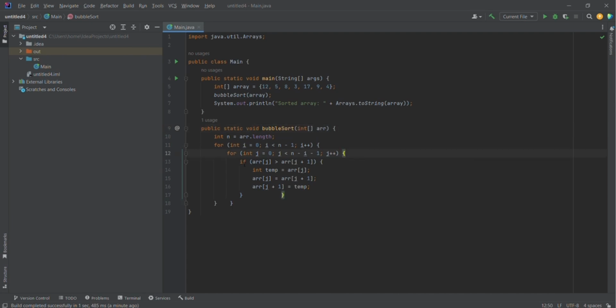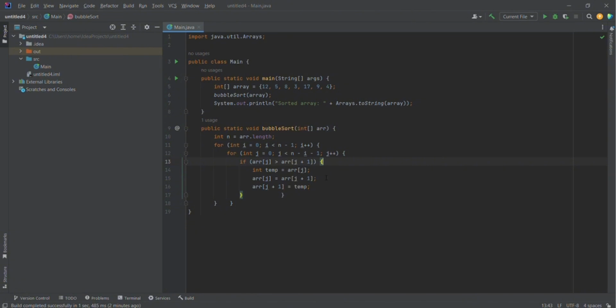And the second for loop starts the inner loop that iterates through the unsorted portion of the array. So we're gonna write an if block that compares adjacent elements and swaps them if they are in the